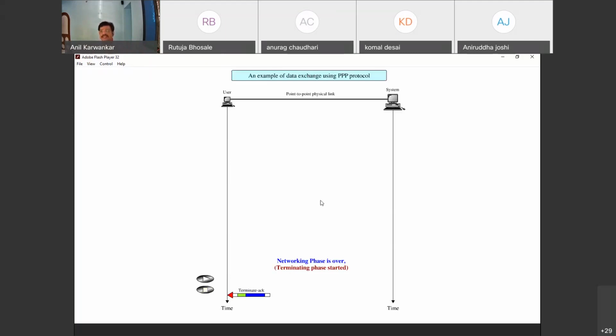Another configuration associated with Point-to-Point Protocol is the extension that we utilize for our torrents. It's the peer-to-peer protocol, P2P protocol. In this P2P protocol, the information is available on multiple devices.